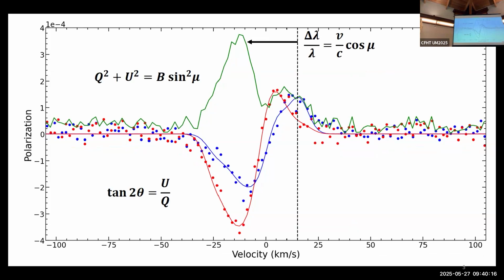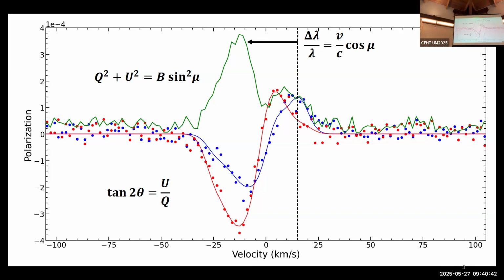First of all, I would need the velocity of the star, which is represented as the dotted line. And I'm going to assume that the signal that we receive on Earth is due to rising plasma only. So the signal is blue shifted compared to the velocity of the star. The more blue shifted the signal is, the closer it is coming from the center of the stellar disk. Vice versa, the closer the signal is to the velocity of the star, the closer it is coming from the